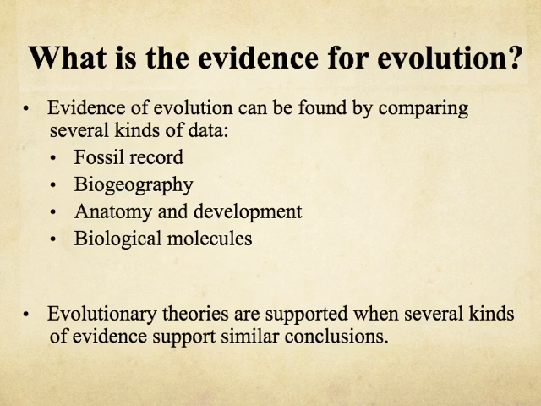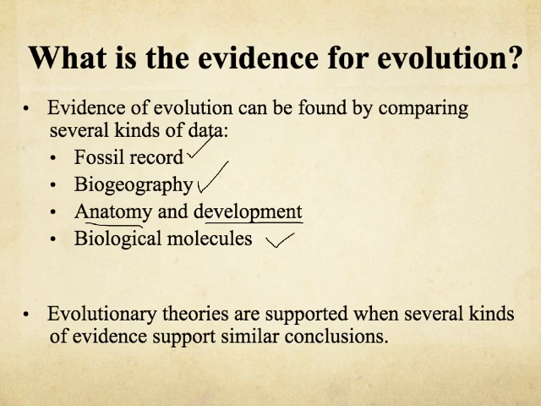Okay, so there is quite a bit of evidence out there that supports Darwin's theory of evolution. So we're going to be looking at a couple types today. We're going to be looking at how the fossil record can be used to support evolution, how biogeography can be used to support evolution, how different aspects of anatomy of different organisms and how different organisms develop. And we're also going to be looking at how biological molecules and how they're made up, how that is evidence